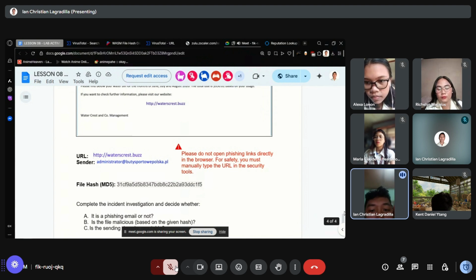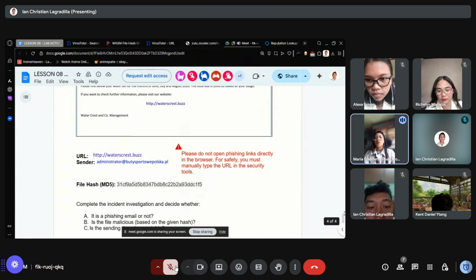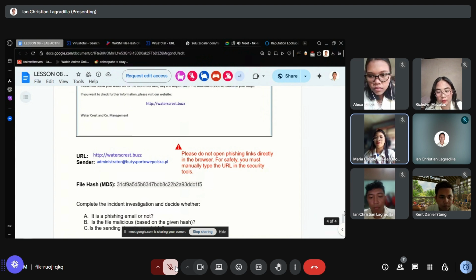If one tool says something is safe and the other says it's dangerous, what should we do? When there are conflicting results, it's safest to assume the item is potentially dangerous. Cybersecurity tools may have different databases or detection methods, so one might catch a threat that others cannot. So, to avoid risk, we should go on the side of caution. Treat the suspicious item as malicious and avoid interacting with it until further analysis or expert advice confirms it's safe.